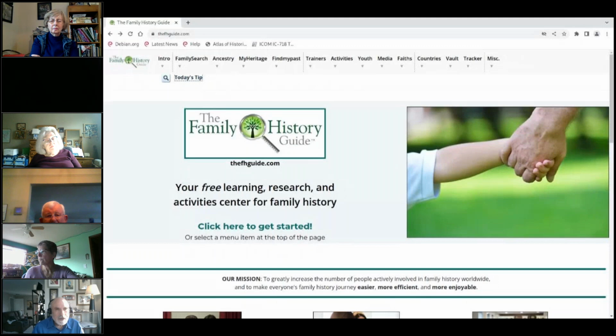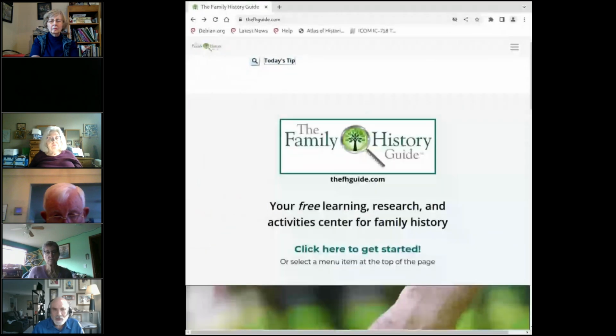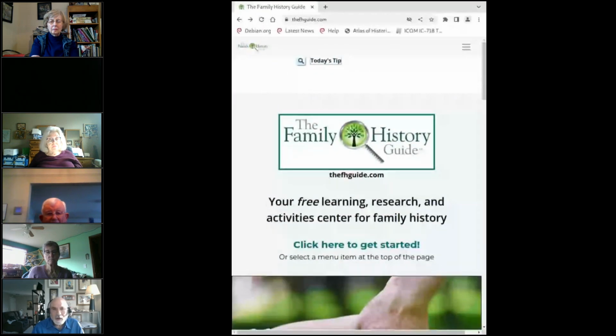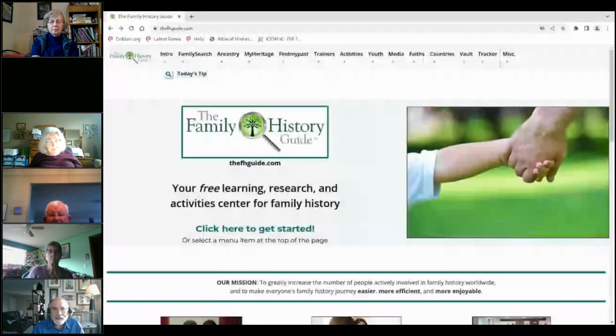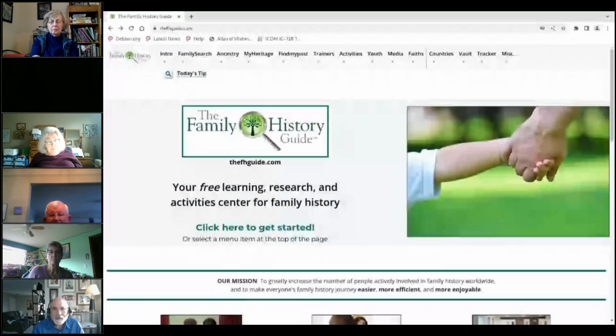Okay, so let's go over to the intro menu. Oh, but before I show you that, we've been talking about this whole concept of narrow windows. Some people ask us if the Family History Guide has an app, and the answer to that is no, there's no app, because the website automatically detects what type of device you're using and reformats the screens accordingly. So if you're on a tablet, for instance, it would look more like this, and you see the 3-line item. So Steve, if you could